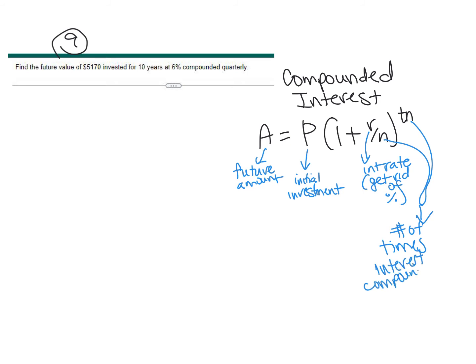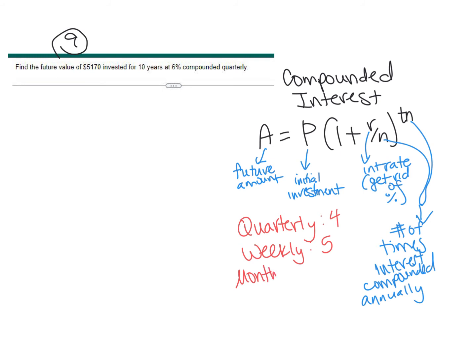And they usually will give you a word, right? So just a reminder, if they give you quarterly, that would be 12. If they said weekly, that would be 52. And quarterly, what am I doing? That would be monthly. I'm sorry. Quarterly would be 4, right? 4 quarters in a dollar. That's silly. Monthly is 12. My bad. Okay, so monthly would be 12. So we have quarterly is 4, weekly would be 52 weeks a year, monthly would be 12 months a year,